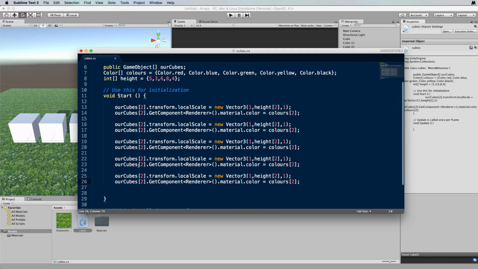One, two, three, four, 5. Okay, so the first cube is going to be 0, so we'll just change that to 0. And we want to use height 0 and color 0. Then this one will be 1, so we want cube 1, and then we're going to go to height 1 and color 1. 2 we can leave as it was, and then the 3, let's change that to 3, the